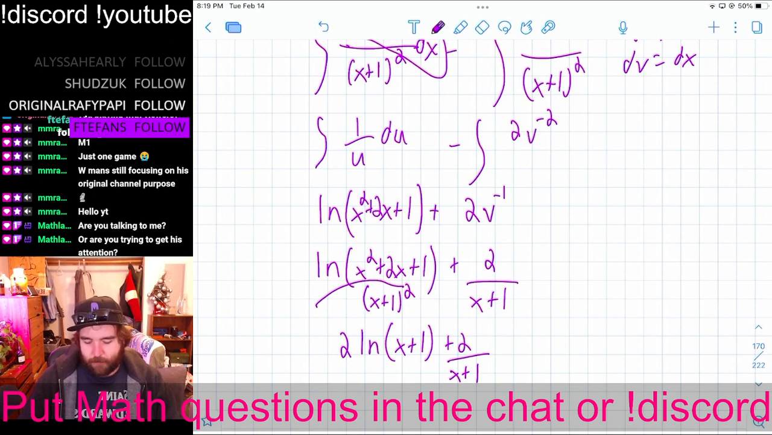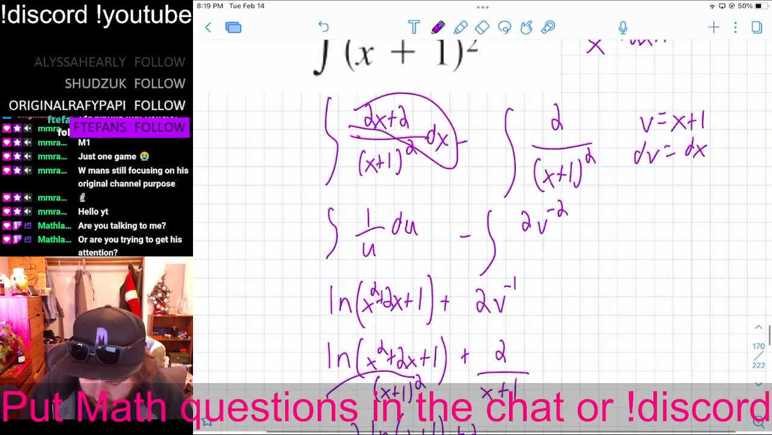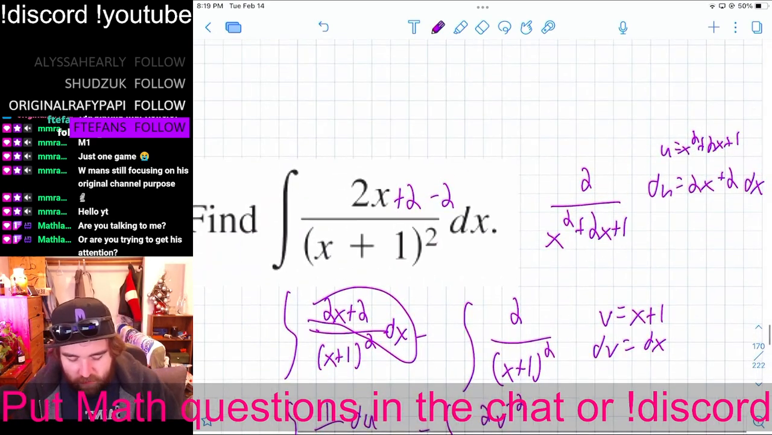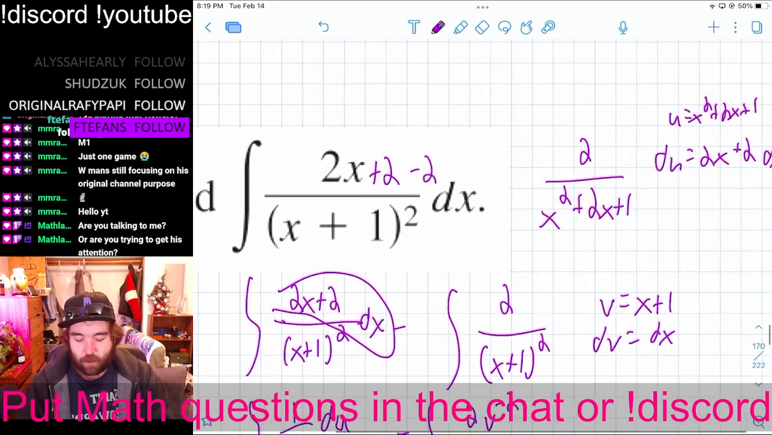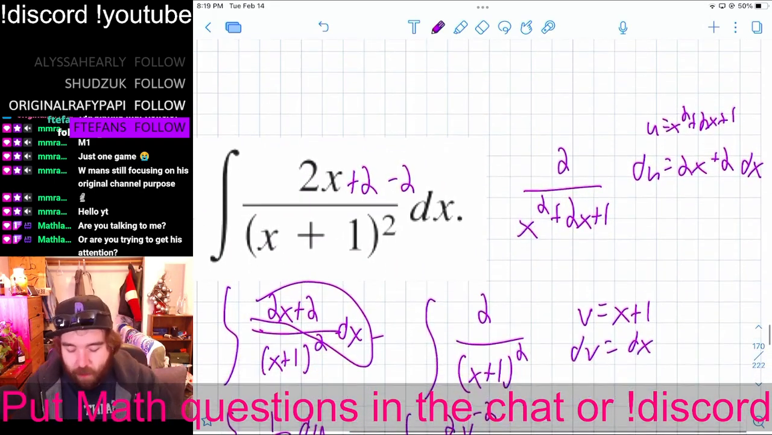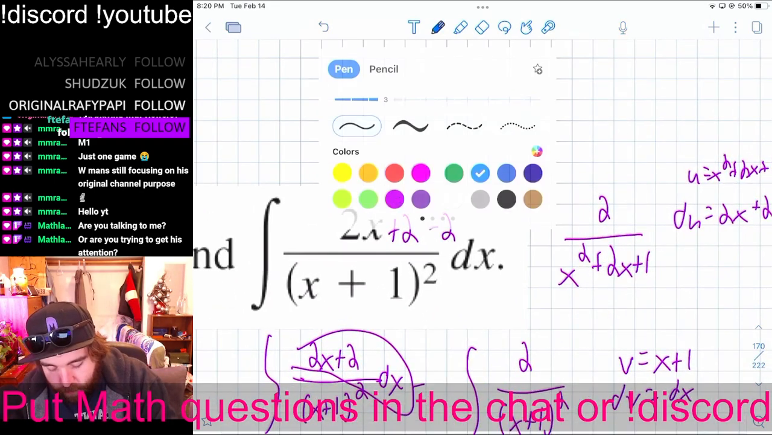Okay. What's up? What else? So I wanted to do this a different way. So that was super cool, adding 2 and subtracting 2. That's a super cool way to do it. The way that I probably would have done it